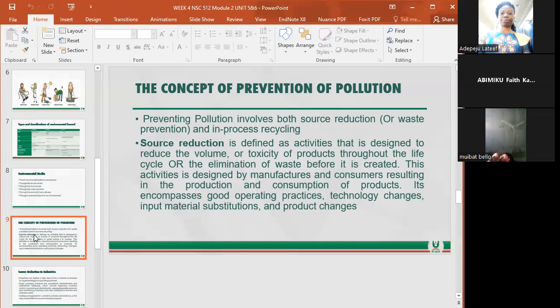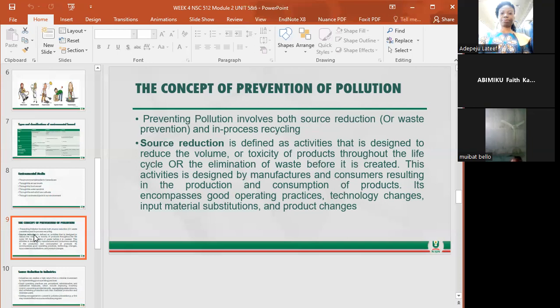And these activities are designed by manufacturers and consumers, resulting in what? In the production and consumption of products. So both the consumer and the manufacturer have a major role to play when we talk of